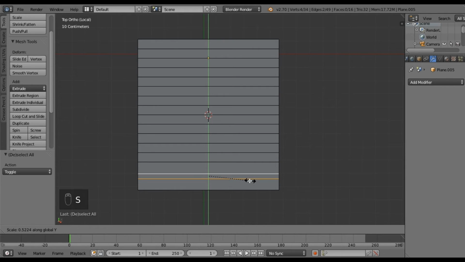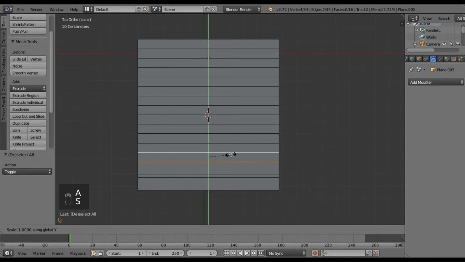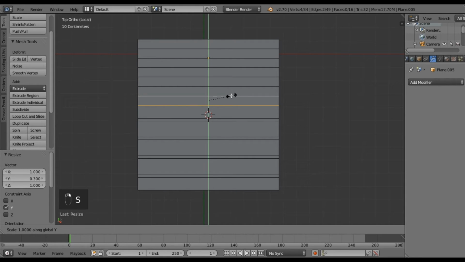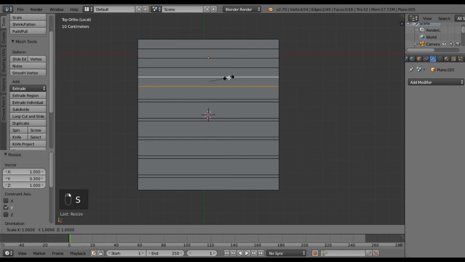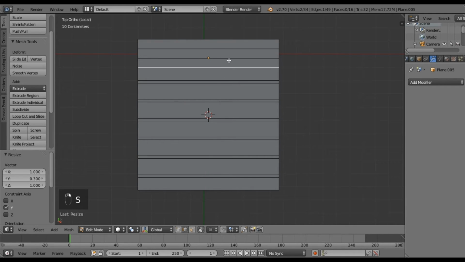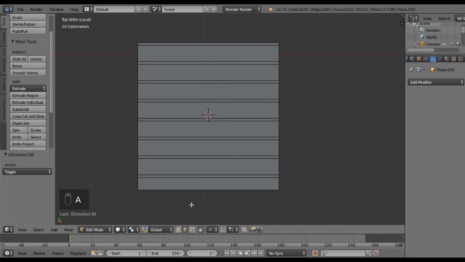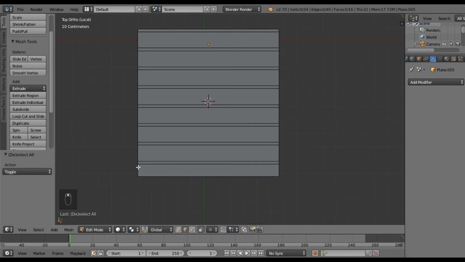Let's see how far we should go. Scale them in on the Y. Let's do a 0.3 this time. Grab these two, scale Y 0.3. Grab these two, scale Y 0.3. Scale Y 0.3. Scale Y 0.3. And the back as well. Scale Y 0.3. Okay. So now that we have that, this time we are not going to delete this extra